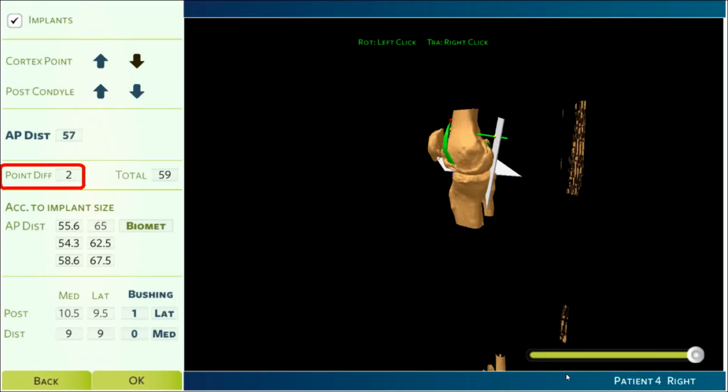The point difference is the difference in the height between the anterolateral cortex point and the anterior cortex point. If the anterior surface is markedly sloped, a difference of 2 to 3 mm may be noted. This serves as a visual cross-check. Adding the anterior cortex height and the point difference gives a total antero-posterior diameter needed for adequate implant sizing.